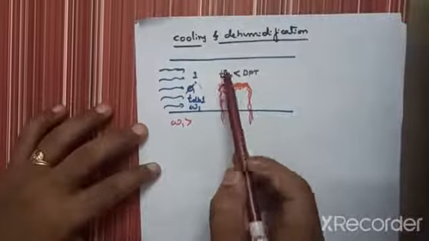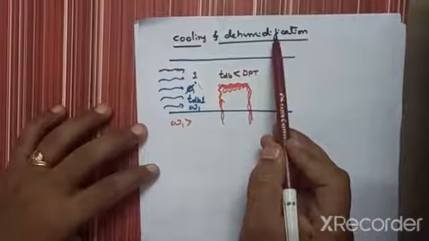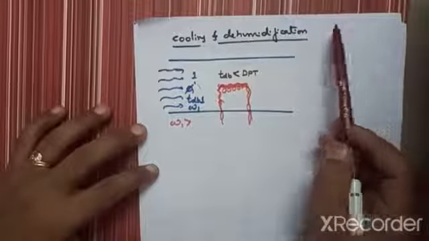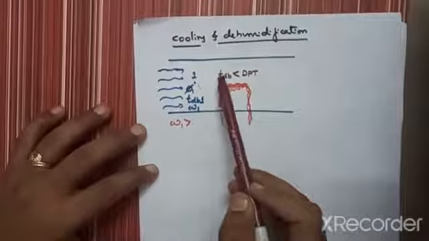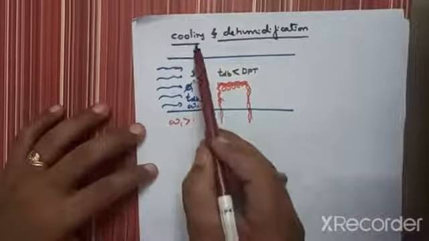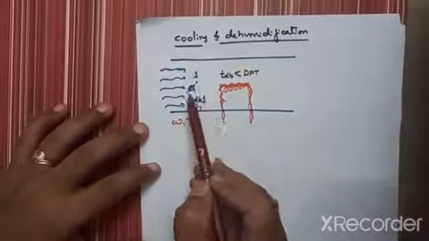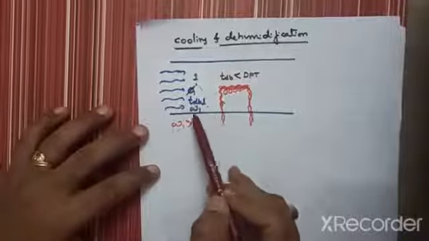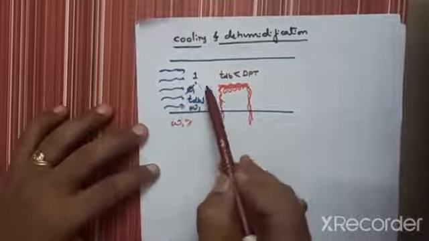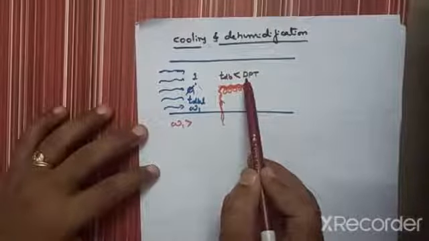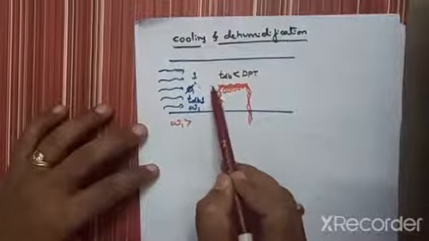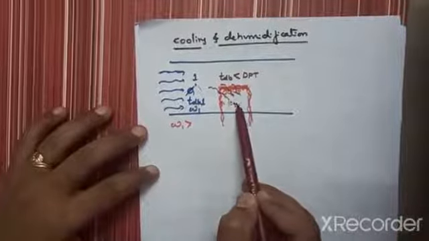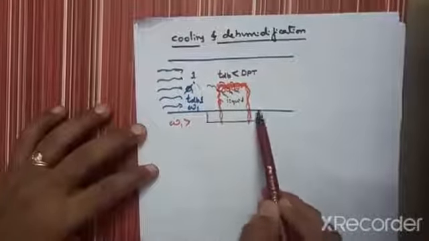Same concept I explained to you in the dehumidification process, the previous lecture. So if you have any doubts, you click this link and understand the dehumidification process. It will become easy for you to understand cooling and dehumidification here. So for dehumidification, or to remove the water content from this air, the temperature of the air should be less than dew point temperature. Then the water vapor will start to condense to liquid, and that liquid will be collected here outside.